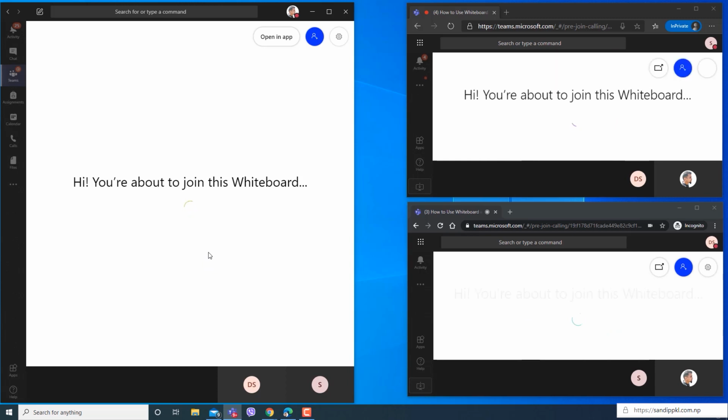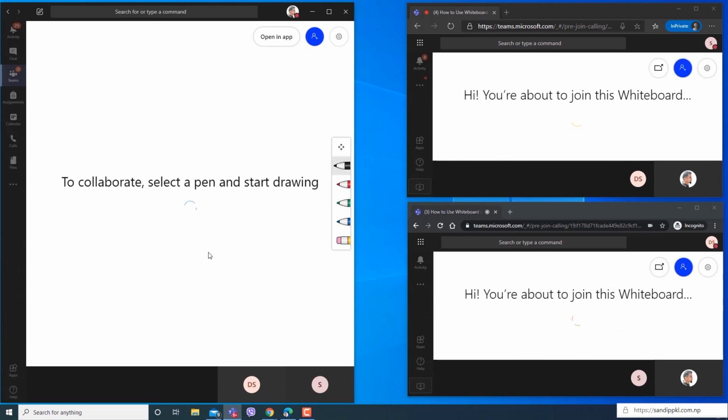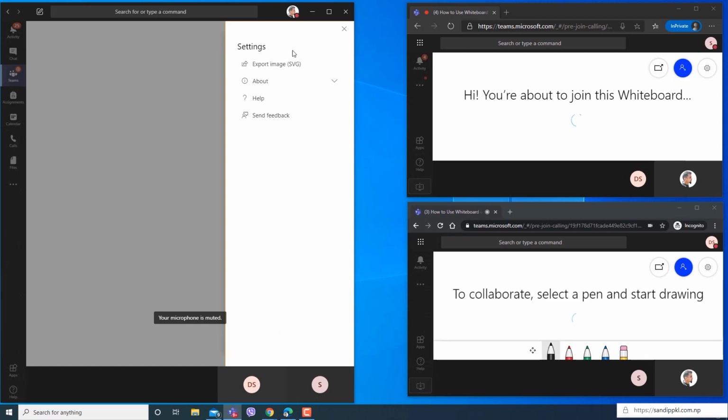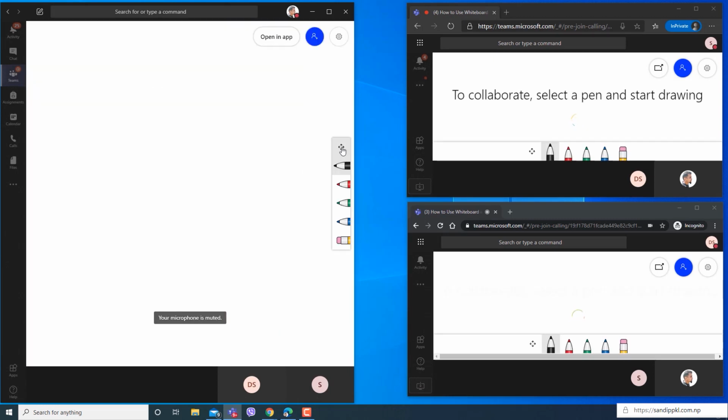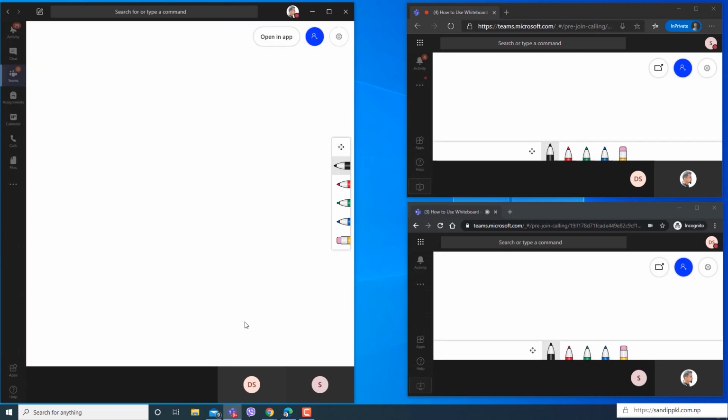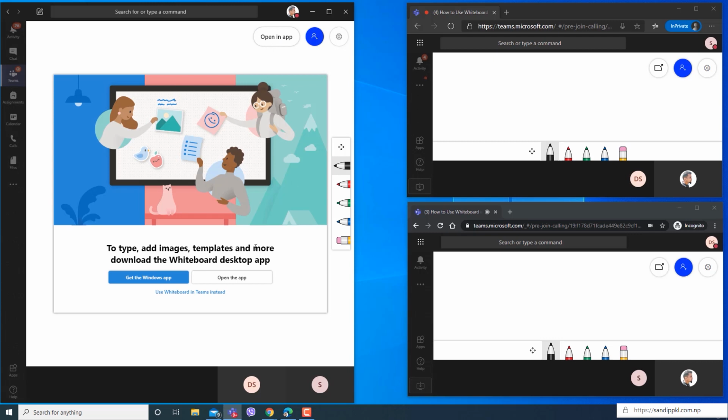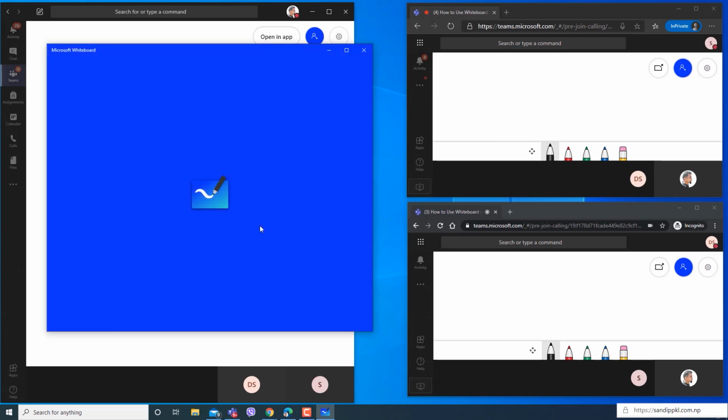You can install it in your computer because this Windows app has more features than we are using here in online. We can get more features in this online version, but if you use desktop app, that will be better. Now I will open in app from here because I have already installed this in my computer.